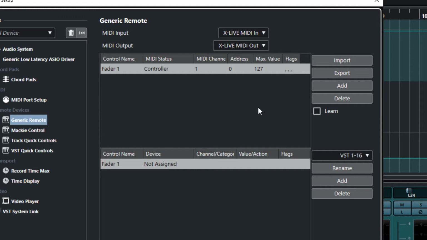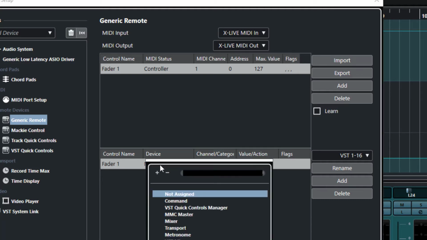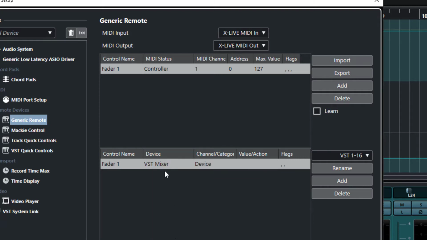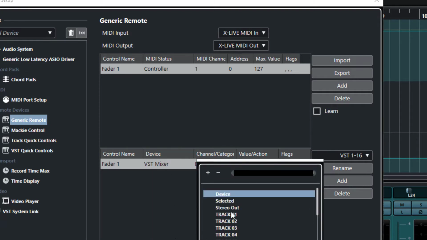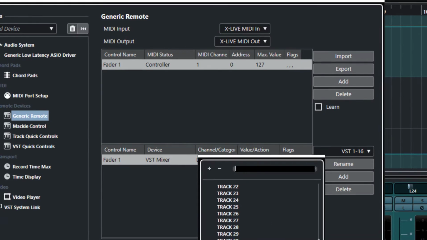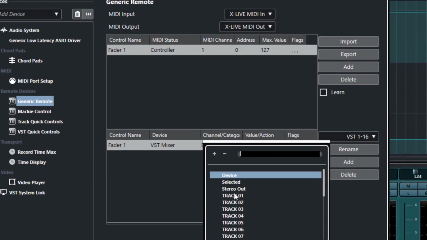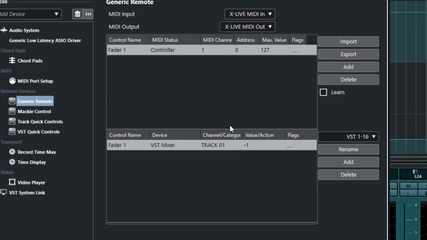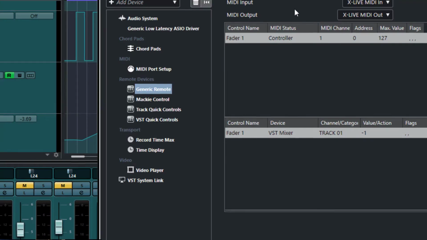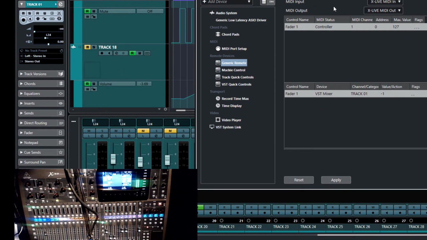So after you get a command learned, then down here under where it says fader, the device, in this case, I'm choosing VST Mixer. The channel, see, I'm selecting track 1. The reason why this track 1 shows up is because I took the liberty of creating 32 tracks. This is how I programmed it. So I'm selecting track 1. Basically, what I'm saying is that this fader 1 on the X32 is going to go to track 1 in the